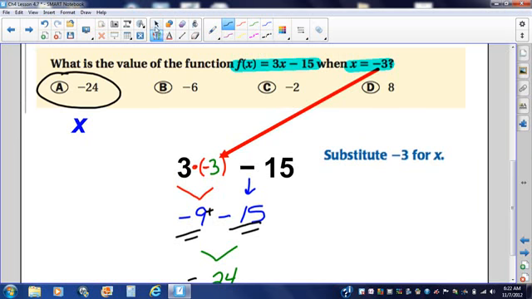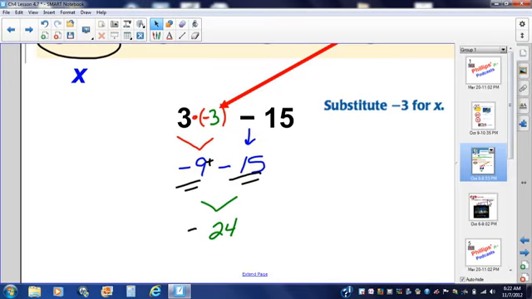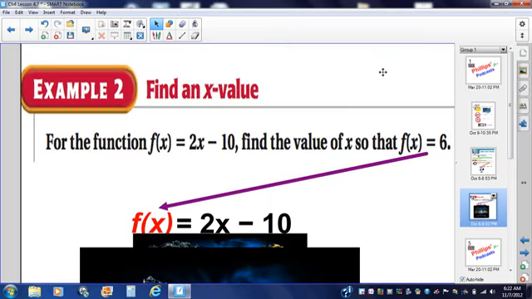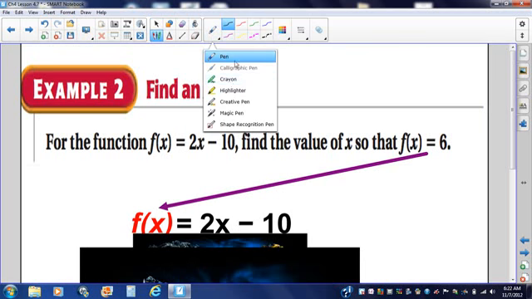There's your answer for that problem. Easy pleasy, right? Yeah, I told you it would be. All right, second and last example for today. If you would, please write down in your spiral,